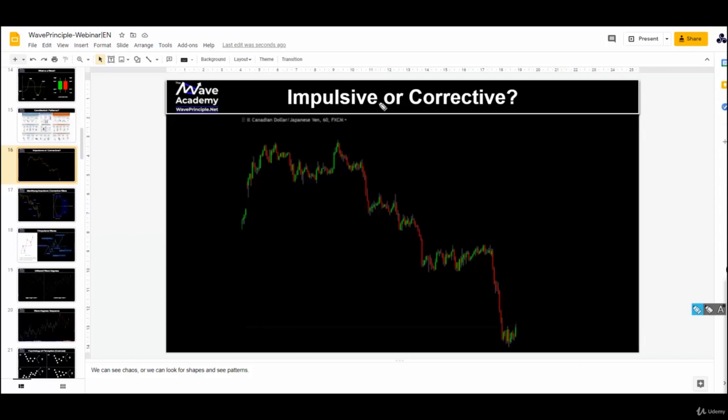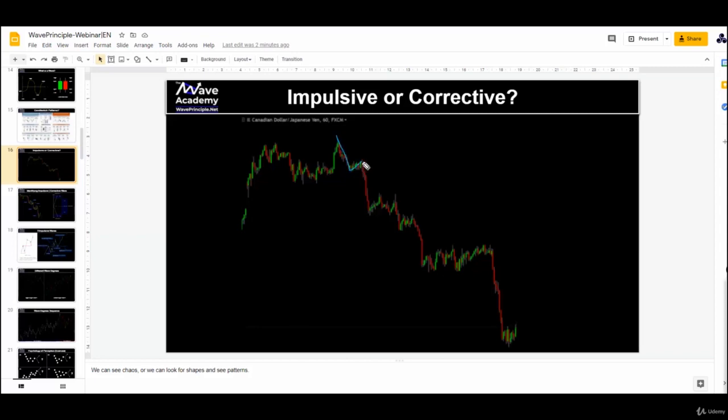And one of the ways we can actually apply this is by watching the movements, if it moves up or down, and then if it goes the other way, but slowly, with less angle. It's not like this. You are actually looking at something like this, like a ladder. And that's when we can see with our eyes the difference between an impulsive or corrective movement.